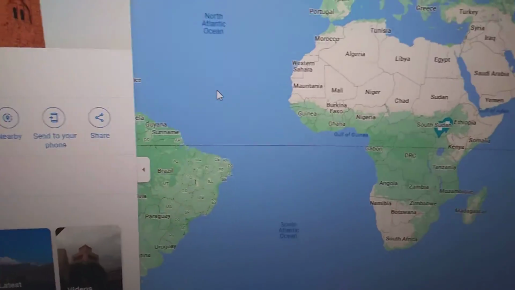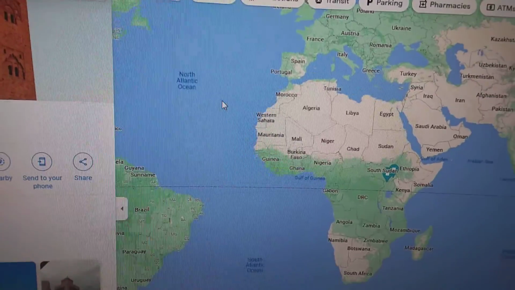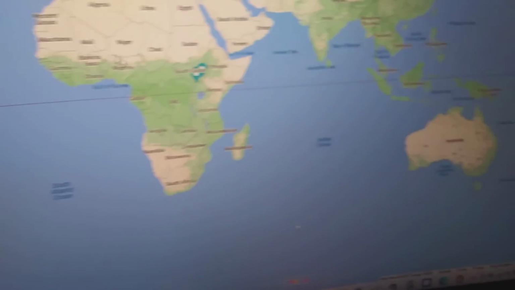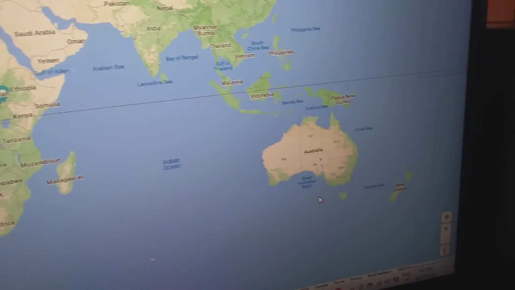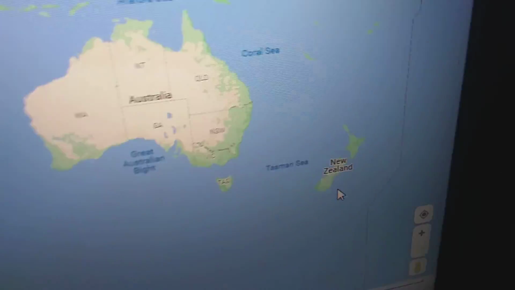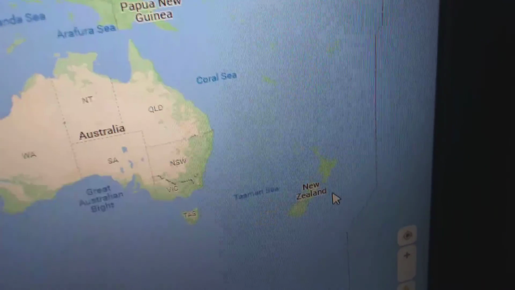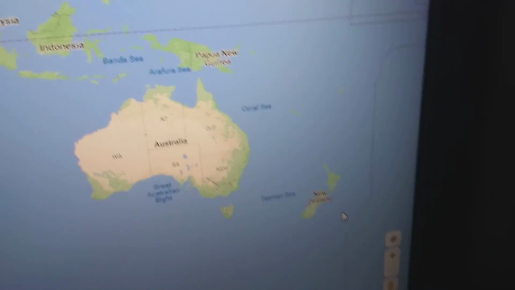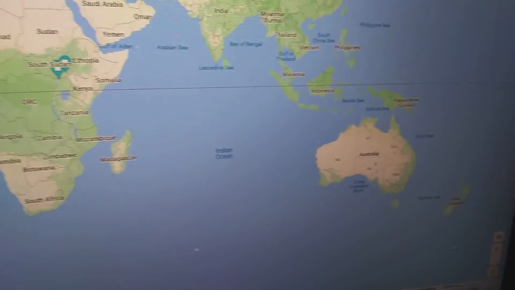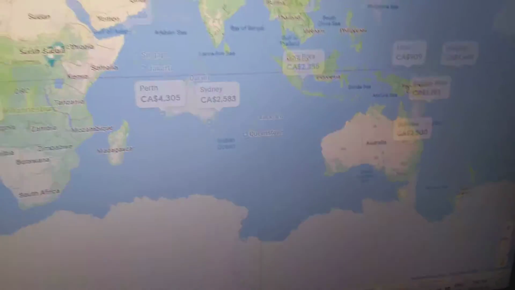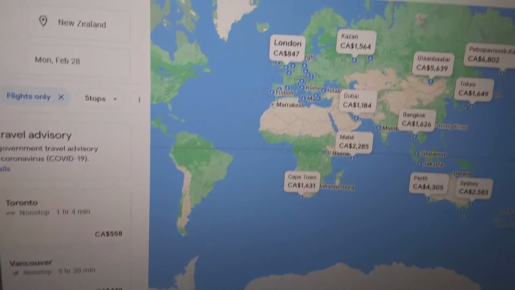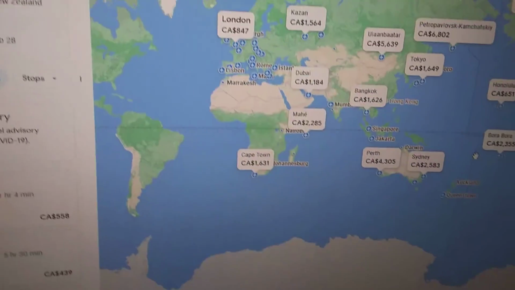And if you see here, this is mostly a whole map. The whole map. And then this is Australia. Of course, they also found another new continent down here called New Zealand. I think most of you know New Zealand. And if you look here, that is basically about the whole map.